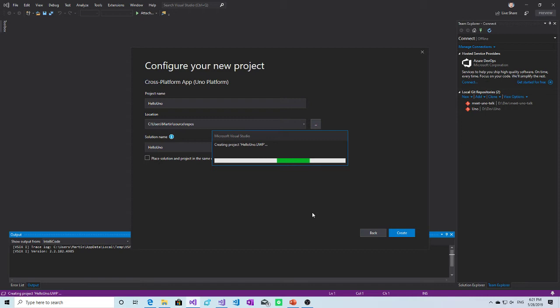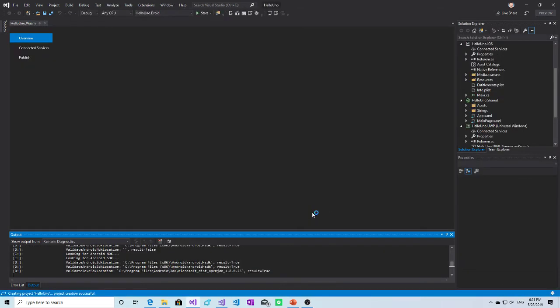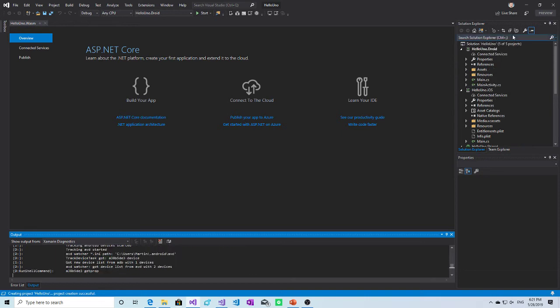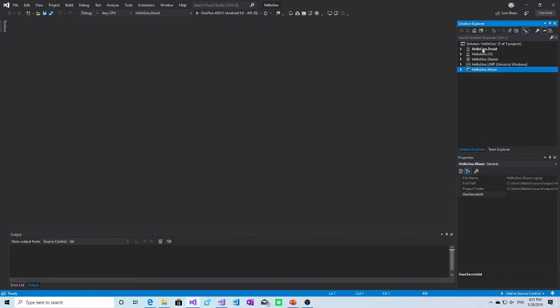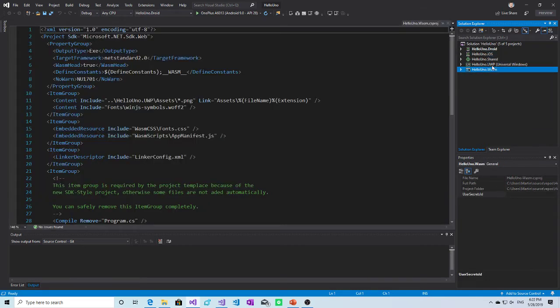It's basically creating the platform heads and a shared project in which the shared code is going. Once it loads, finally, I'll collapse, and here you can see that the solution contains Android, iOS, UWP and WebAssembly projects.